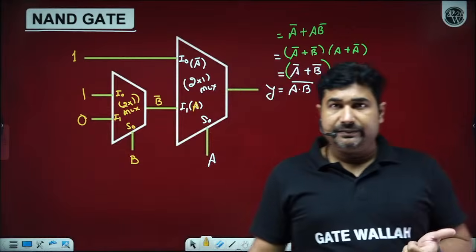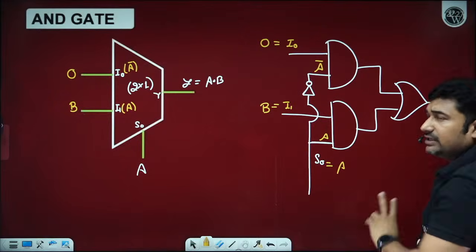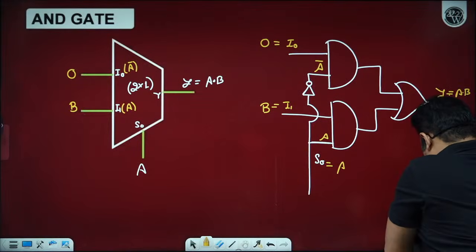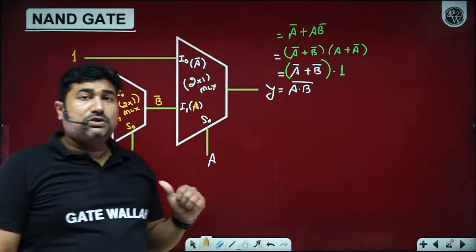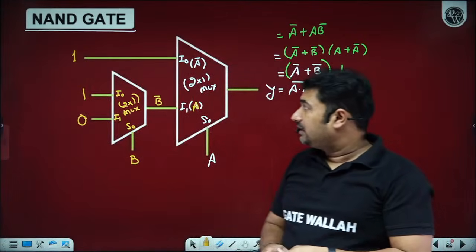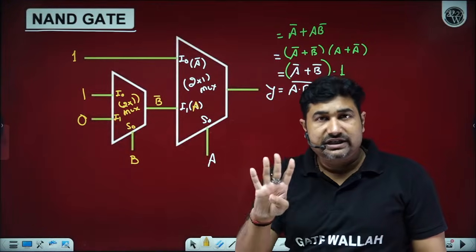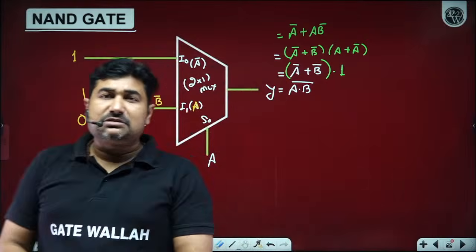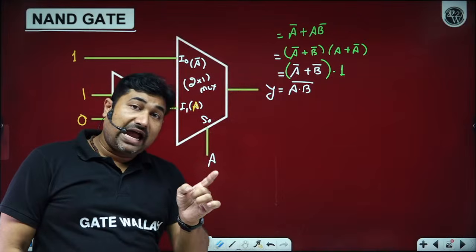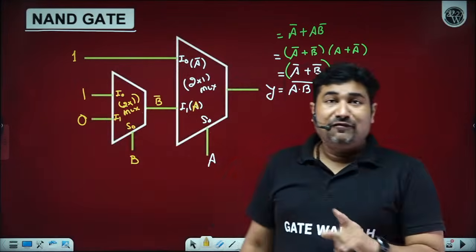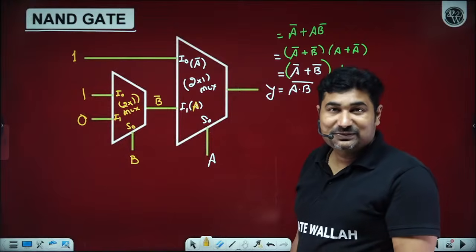What is the logic gate delay? One AND level delay, one OR level delay, 2 level delay. But if we want to implement NAND gate by using 2 cross 1 size, then what is the delay we have to suffer? One AND gate, one OR gate, then again one AND gate, one OR gate. 4 logic gate delay. So definitely this is not a recommendable size for a NAND gate. 2 cross 1 is a recommendable size for AND gate operation, but it is not recommendable for NAND gate operation. Why? Because the delay is more.